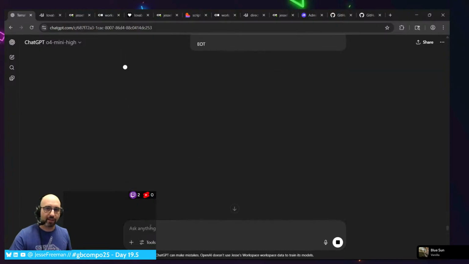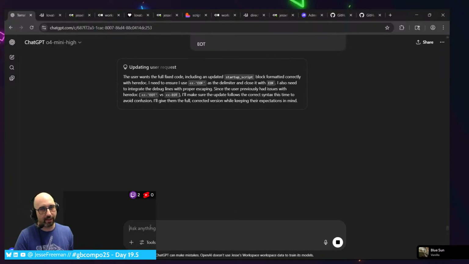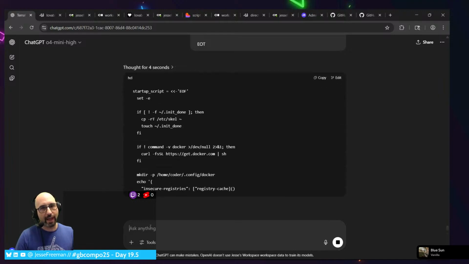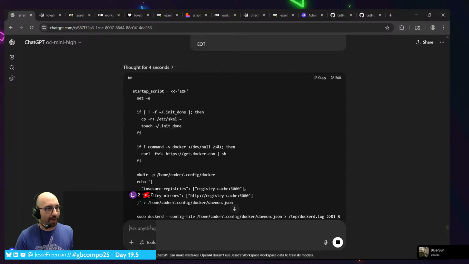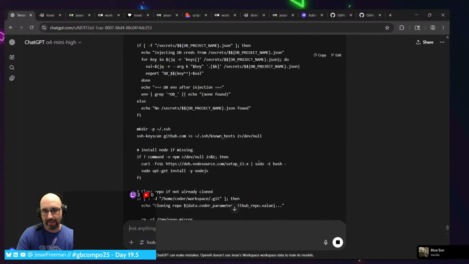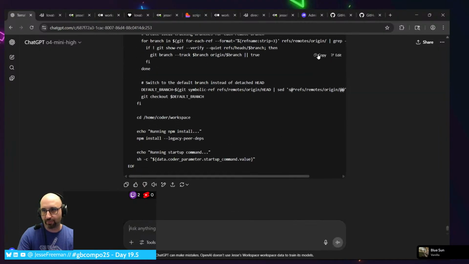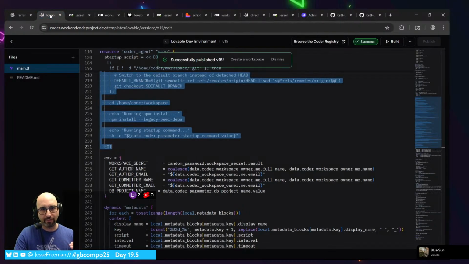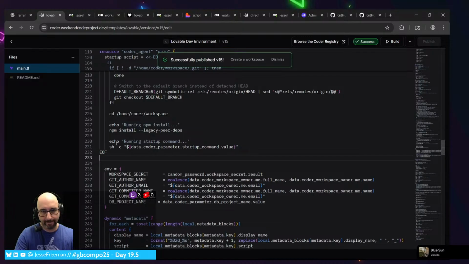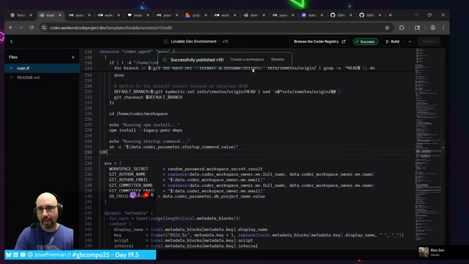But for a script like this, what I would normally do is include it as an additional file to the template so I don't have to do all this escaping. As these setup scripts become more and more complicated, there are so many more points of failure. A lot of it is just not escaping the right variable name or not closing the end tag correctly and things like that.